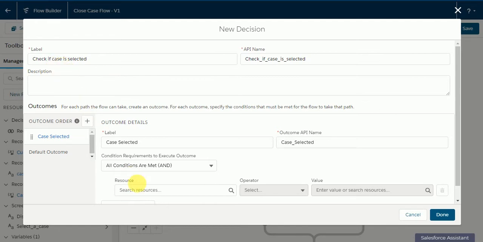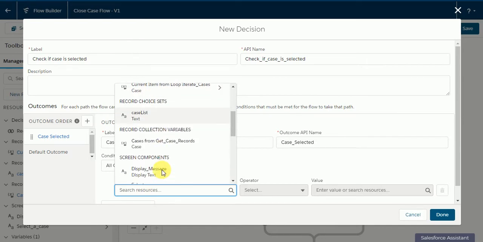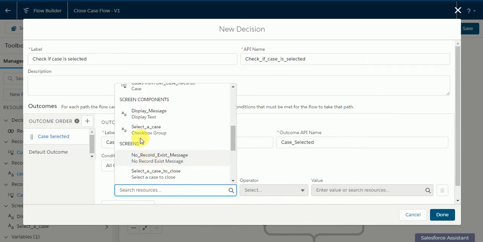Here, in the screen component, select a case is the checkbox group which we dragged in the screen component. This holds the values of the case IDs in runtime.